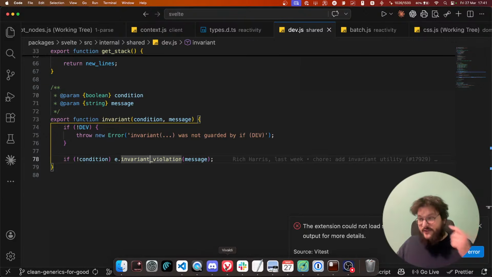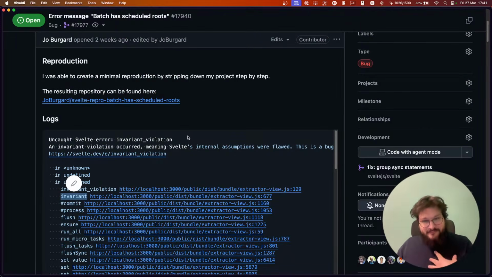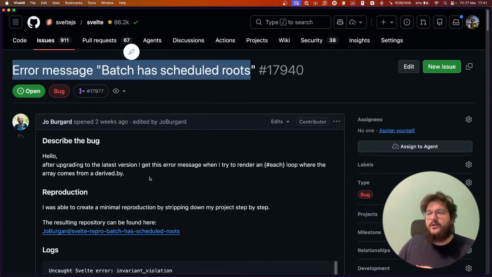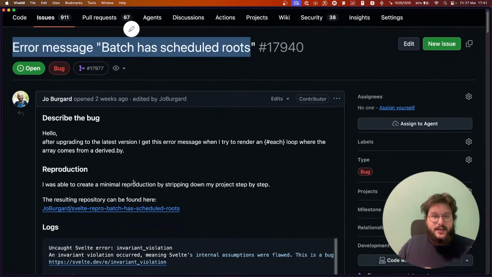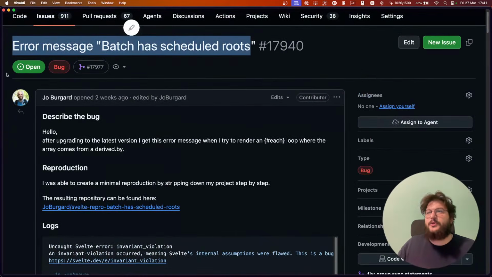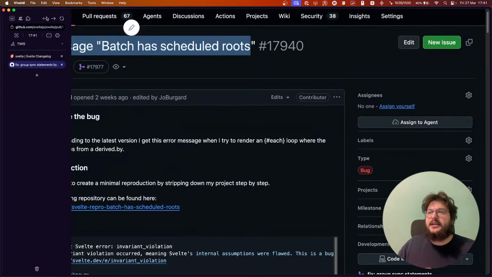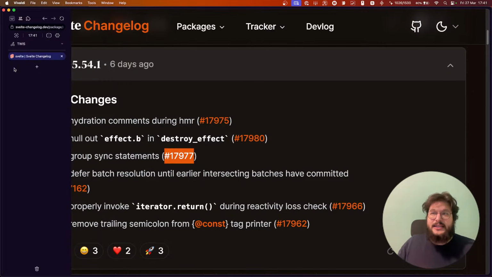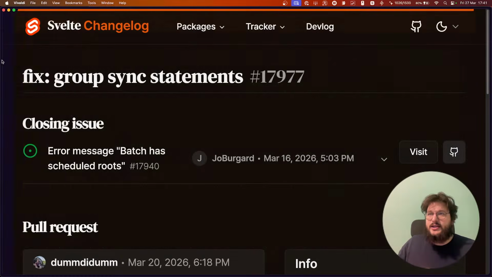And this already gave us some fruit back, because some people actually got this error, and this led Simon to be able to fix this bug like this. So I think it's very nice. It's a nice thing that you can run in dev.